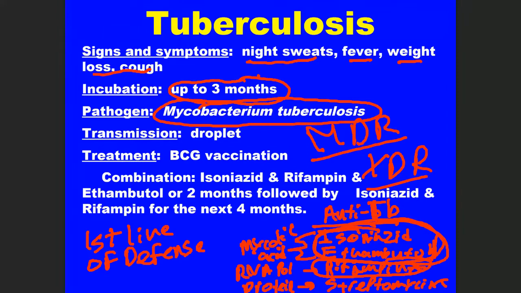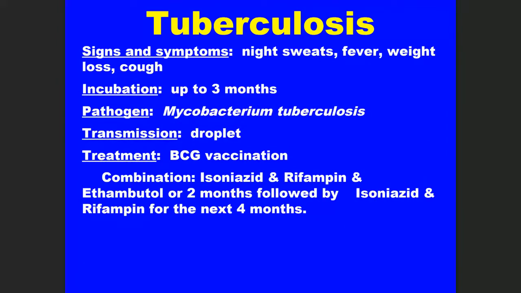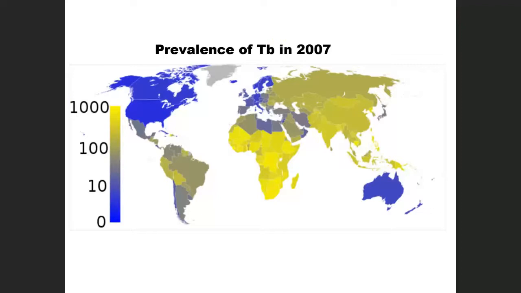Now, the other thing that I want to mention about tuberculosis is that there is a vaccine. It's called the BCG vaccine. All right. And the thing is that it's not given here in the United States. It might be given in a lot of other countries where especially the incidence and prevalence rates are higher, but we don't give it in the United States. And that's because, well, let's go back to the map. In the United States and other more developed countries, the incidence rates are very, very low. Okay. And because the incidence rates are very low, we don't give it.